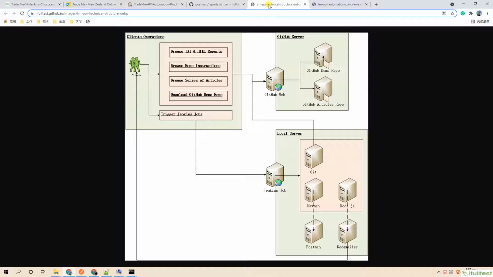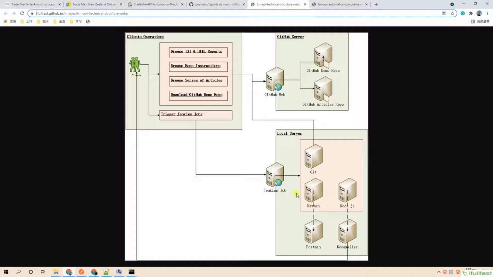This series is going to end, so let us go through it as a whole. This practice is based on the TreatMe website, using Postman to code 10 typical API scripts. Then we use Newman to generate CLI and HTML reports.